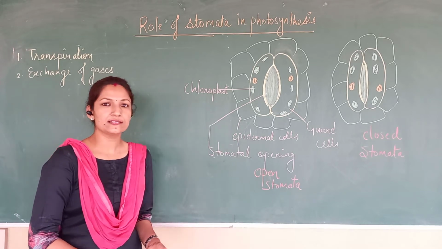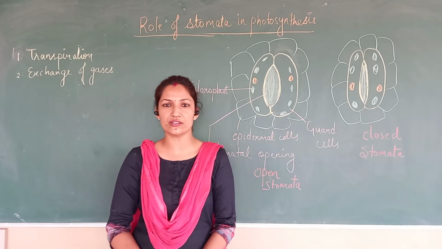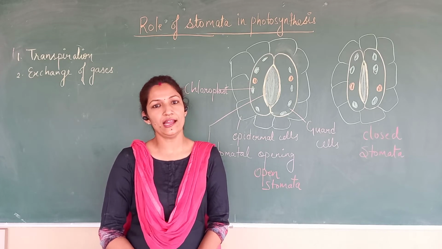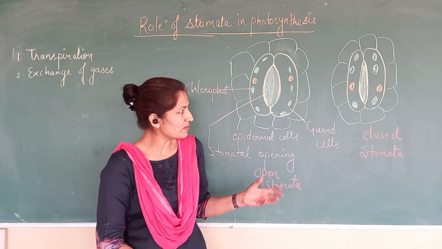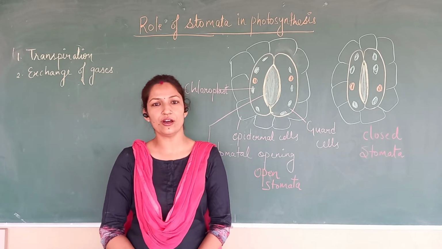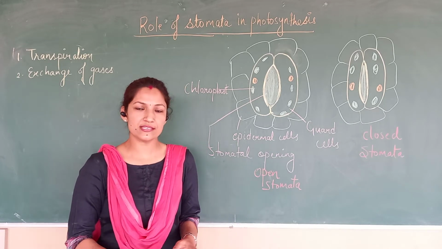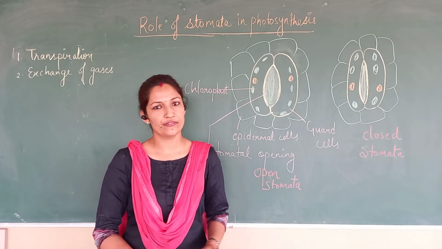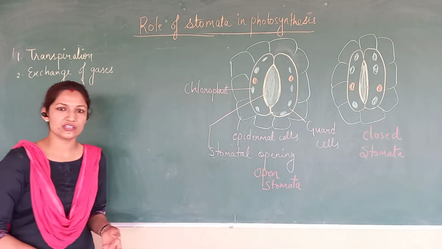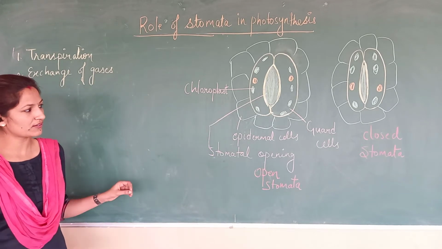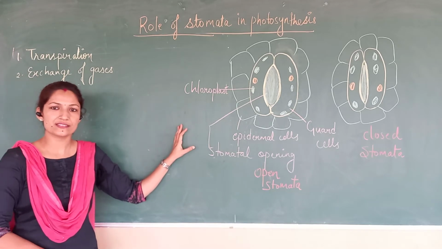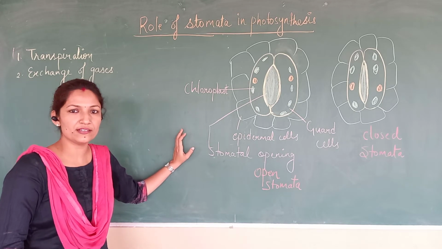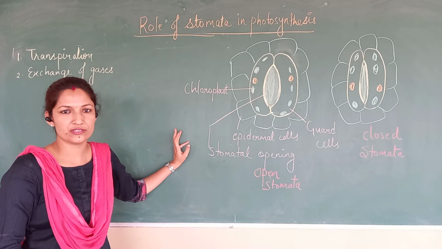Other than that, the structures involved in the exchange of gases can be the root hair present on the roots and the lenticels, similar to the stomata, present on the stem. So these are the structures which help exchange of gases for the plant. Maximum exchange of gases in the plant occurs through the stomata present on the leaf surfaces. Got it? So the more the number of stomata, the more will be the gas exchange.